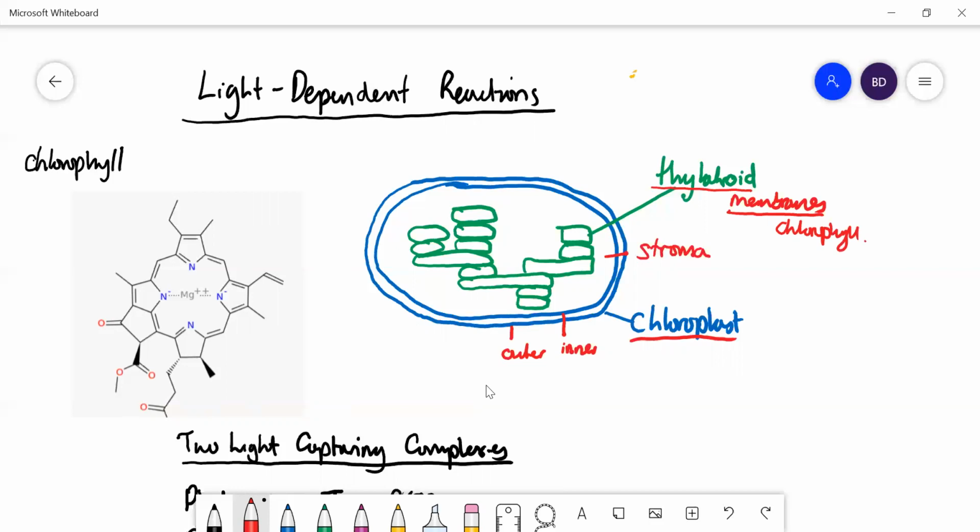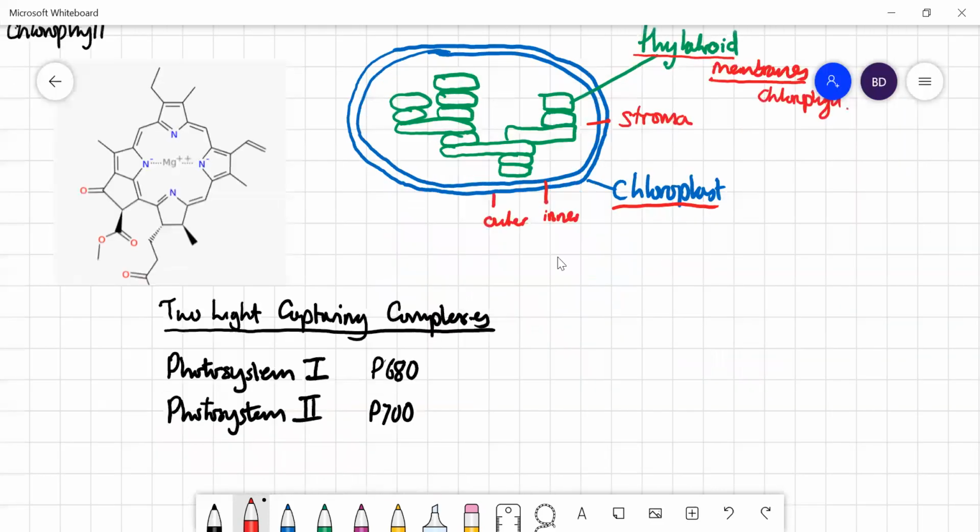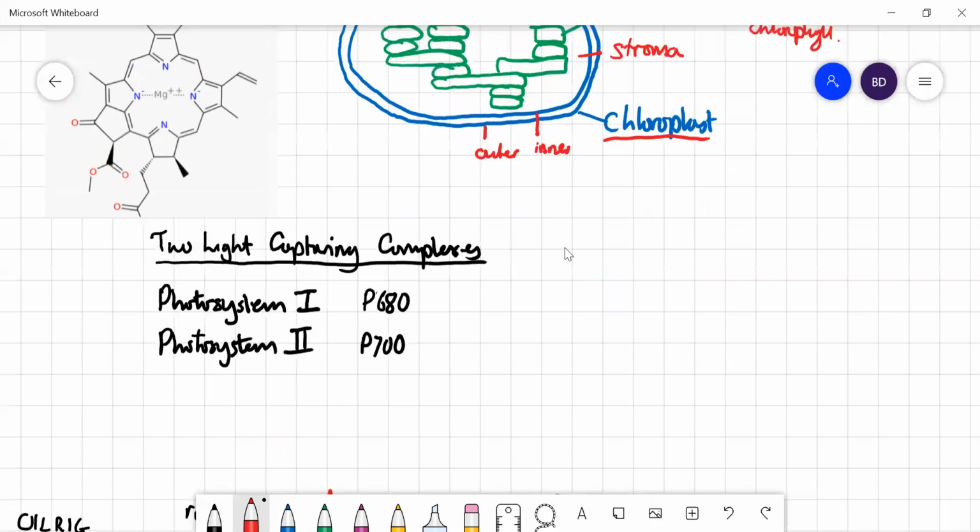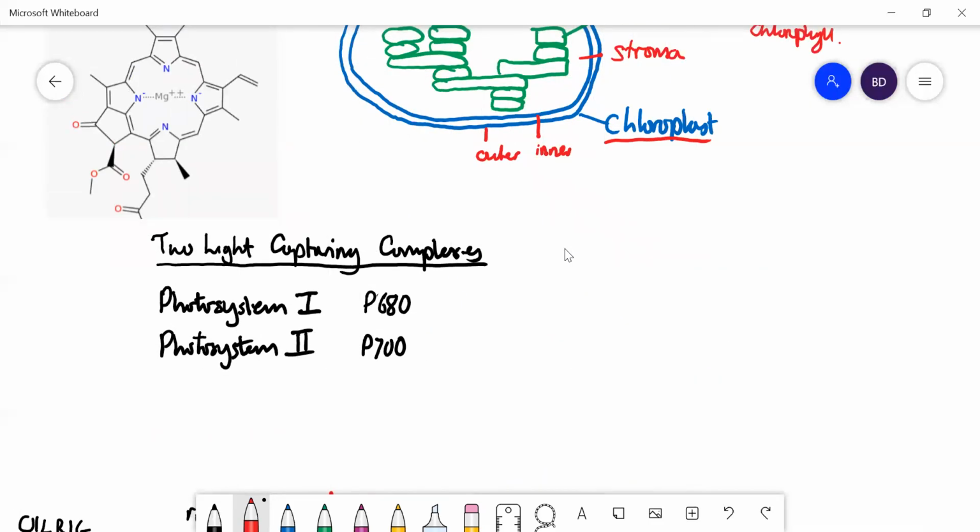If you've done respiration, the inner membrane of the mitochondria is very important for oxidative phosphorylation. That's where it all happens. This is an extremely similar situation here. All these reactions occur in the thylakoid membranes. Okay, so we have 2 light-capturing complexes in chloroplasts, and they are, imaginatively, called photosystem 2, that's P680, because it absorbs light at 680 nanometers, and photosystem 1, P700, which absorbs light at a slightly higher wavelength, 700 nanometers,